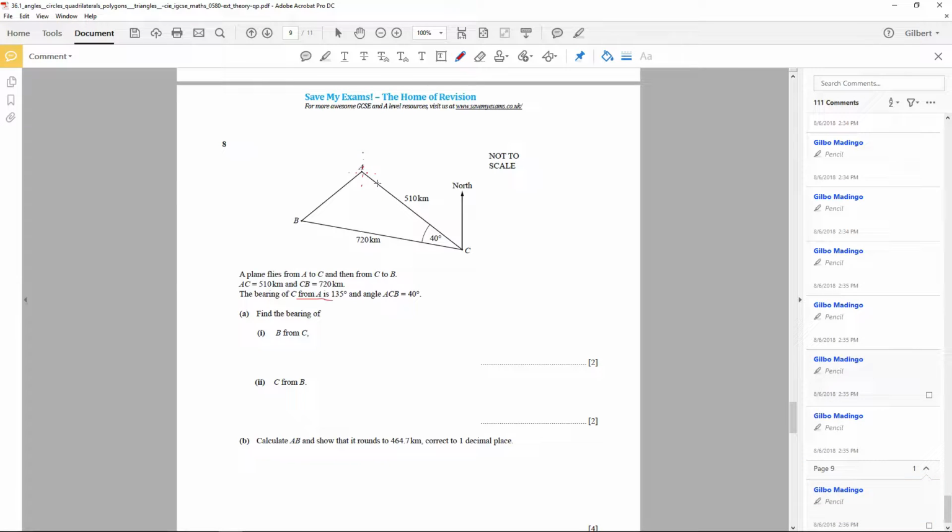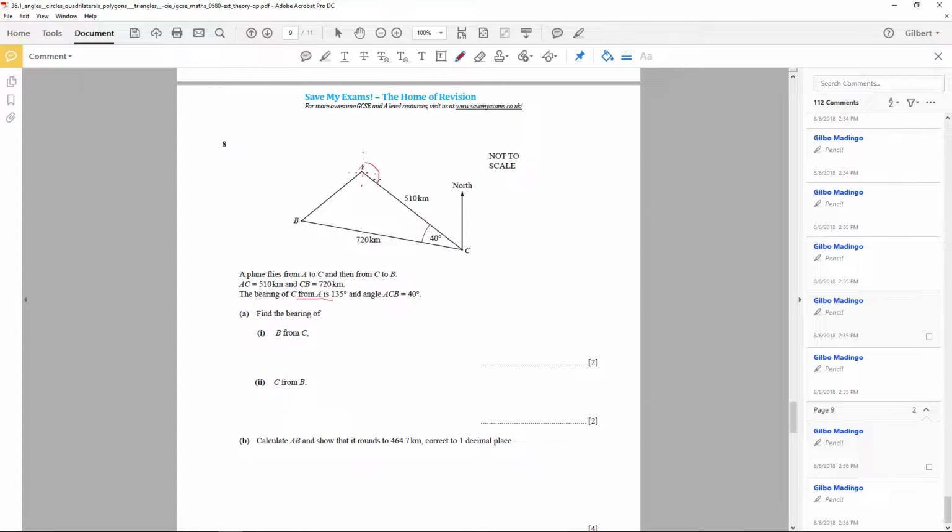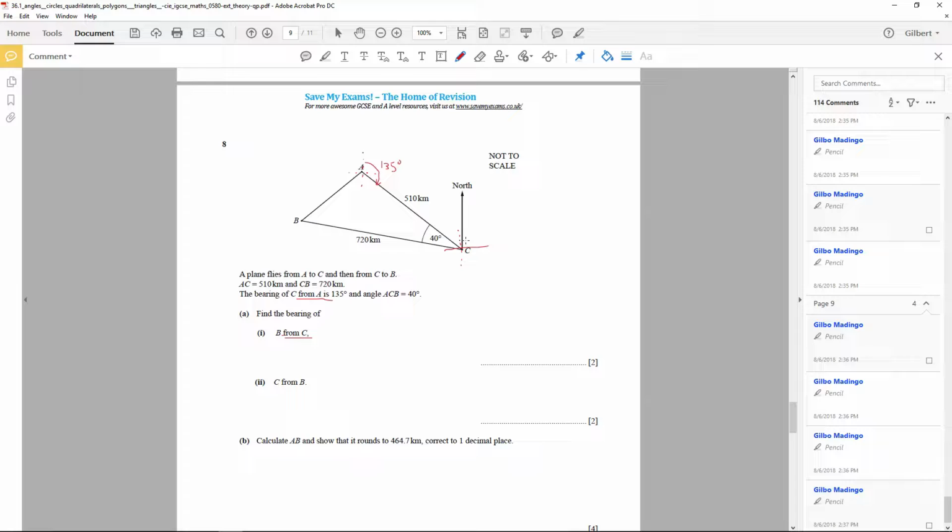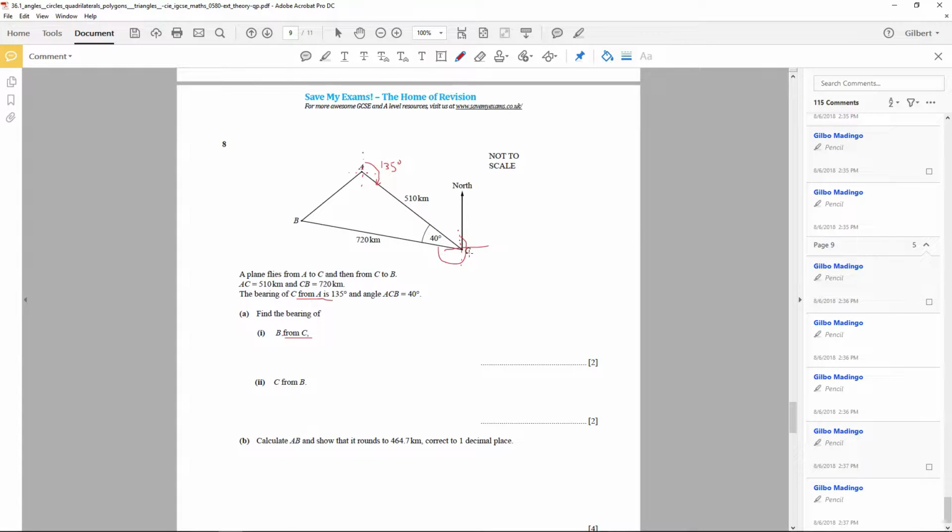this angle to this side, which is 135 degrees, and the angle of ACB is 40 degrees. Find the bearing of B from C. Again, from C is where we're looking for. So we're going to draw this imaginary cross here, and we know that from C to B would be this angle here. To calculate this angle here, we're going to need to know that